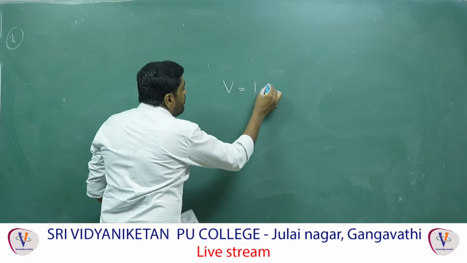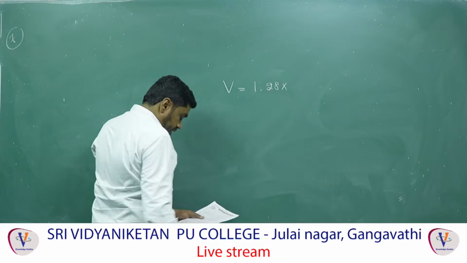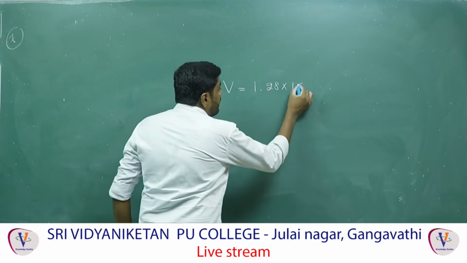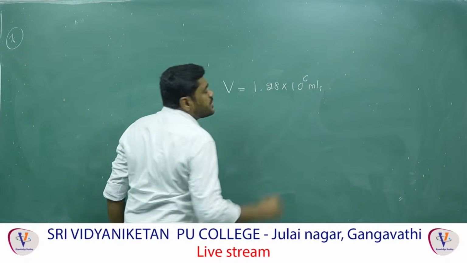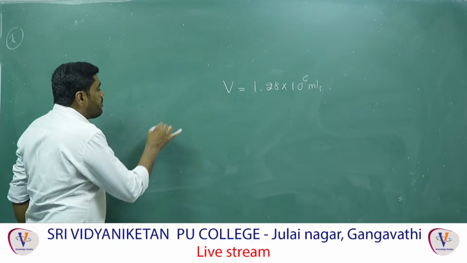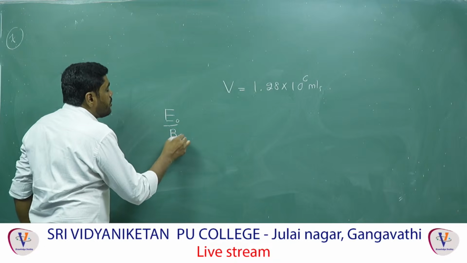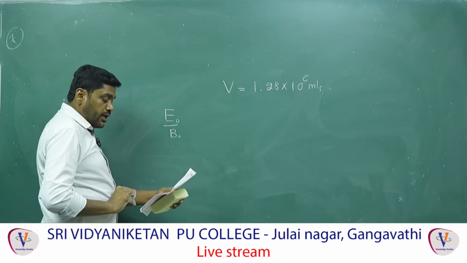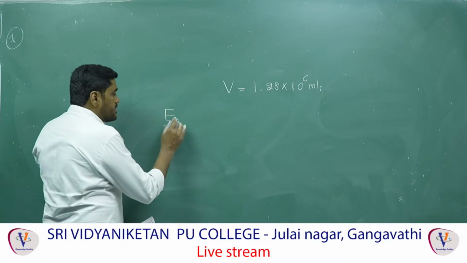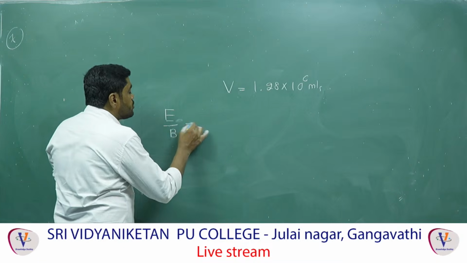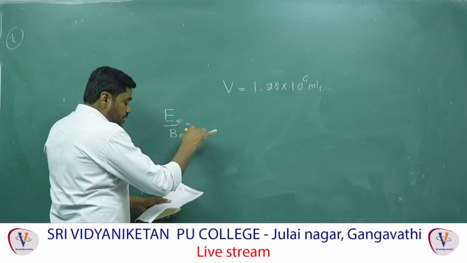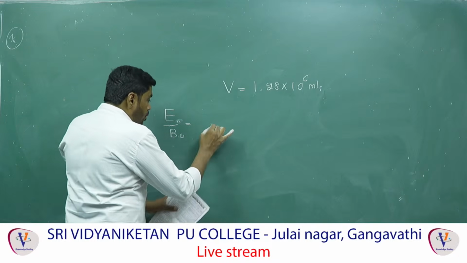V is equal to 1.28 into 10 power 6 meter per second. They have given this value. Once you check it, check the E by V value, that is, the E naught by B naught value. Now the amplitude of the electric field is E by V. Only the amplitudes you can take, or E naught, also no problem. That is equal to